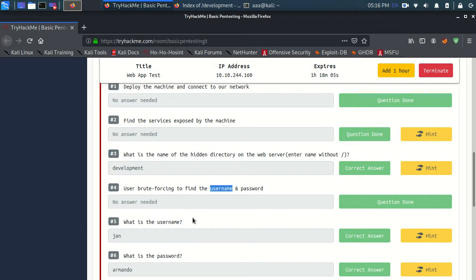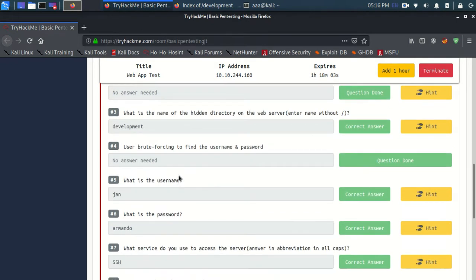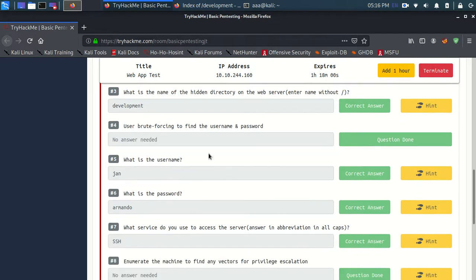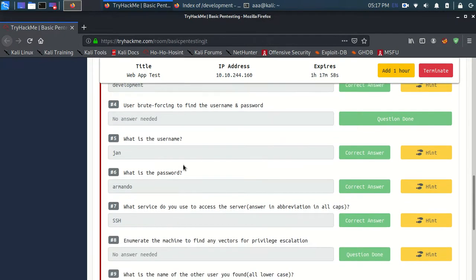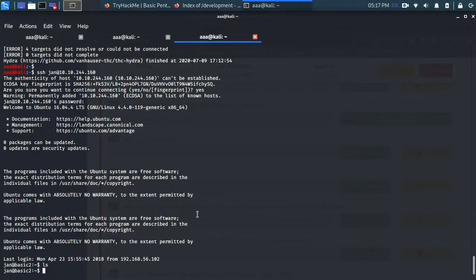So after getting the username and the knowledge that SSH is working, we found the password by using Hydra, again using brute force. Firstly we were just enumerating and we kept going, and then finally we got a username and a password, and we knew there was a service known as SSH, which we found out via Nmap, and then we connected. Now we are officially in the system and we can check their files.